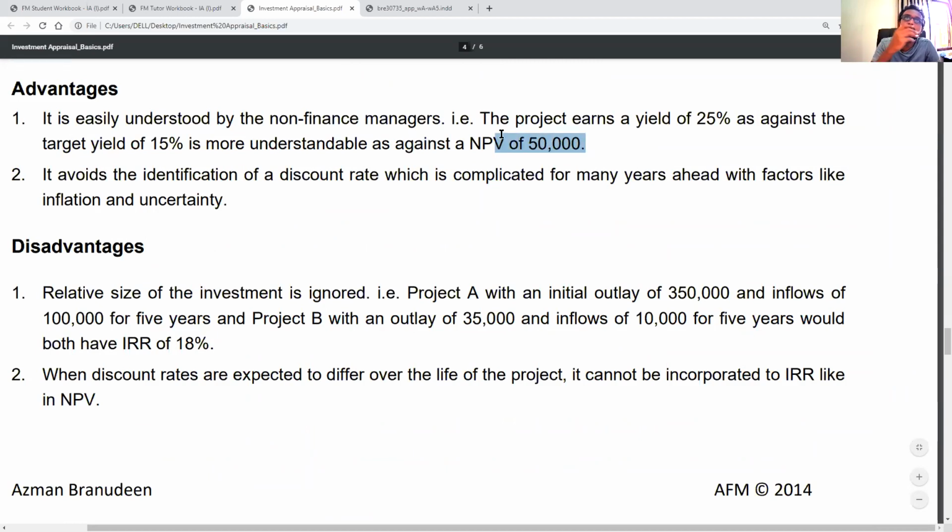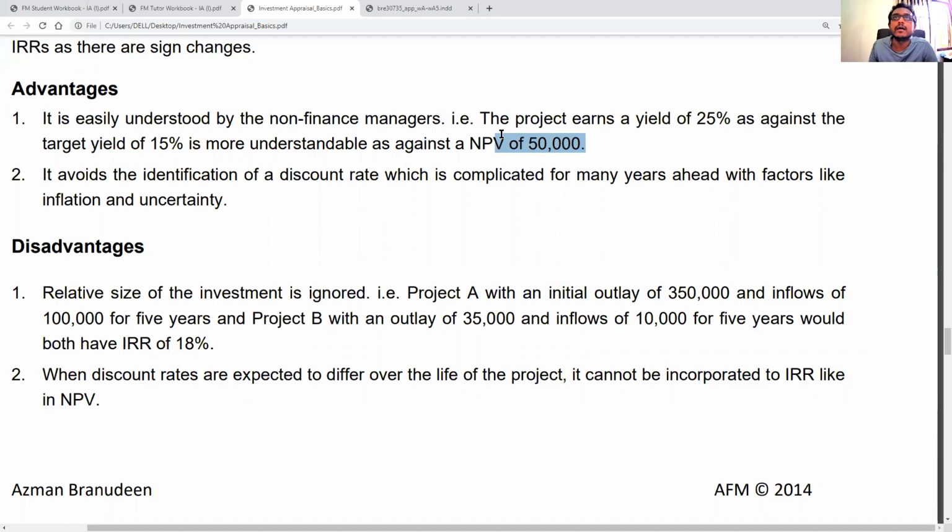So that idea that we get a percentage answer for IRR instead of an absolute figure is something that is very positive. And when you tell a manager to say, look, our IRR is 10%, our cost of capital is 6%. So let's go ahead with this. They understand that more than looking at an absolute figure if they don't have a great idea about the numbers. It avoids the identification of a discount rate, which is complicated for many years ahead with factors like inflation and